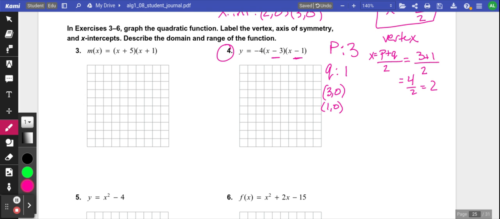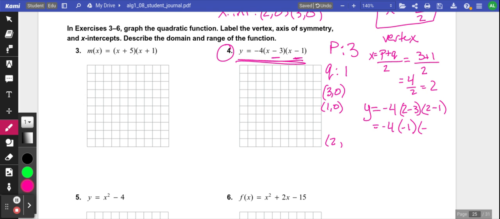I get 2, but I always know that's just the x of my vertex. Just like always, I've got to plug that back in to my regular equation. So negative 4, I've got x minus 3, so 2 minus 3. And then x minus 1, so 2 minus 1. So negative 4, I get negative 1,